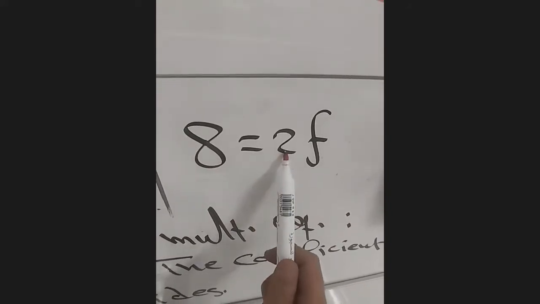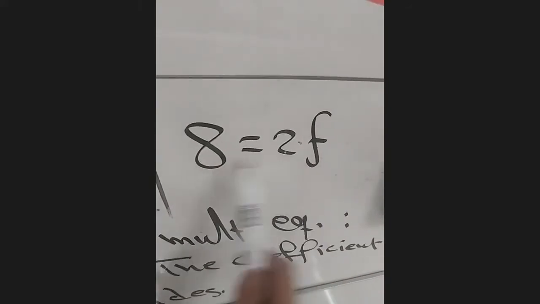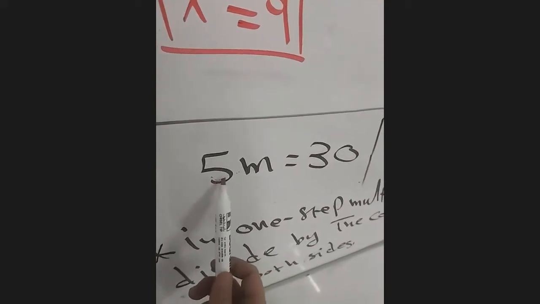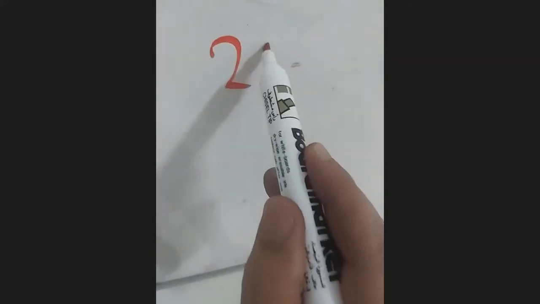8 equals 2 multiply f. This we call a one-step multiplication equation. Now, what do we call the 5 and what do we call the 2? If you remember, when we have an algebraic expression, for example, 2t plus 7,